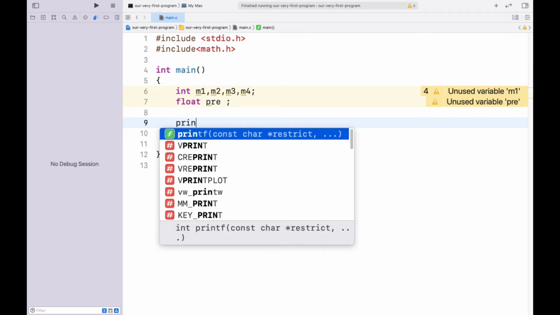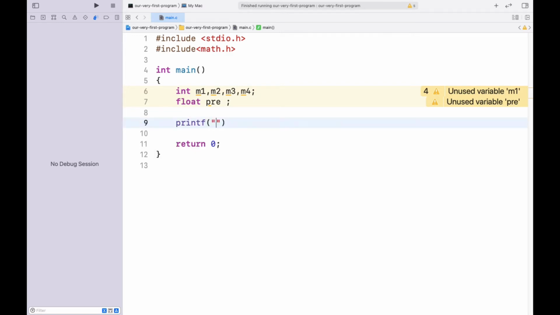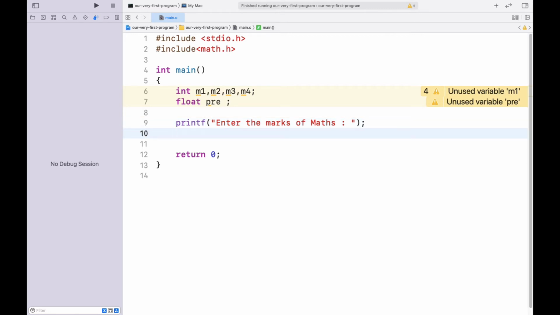Let's print out the statement. What would be the 4 subjects? Let's say: enter the marks of maths. Then I need to scan that value with percentage d and the address of m1.